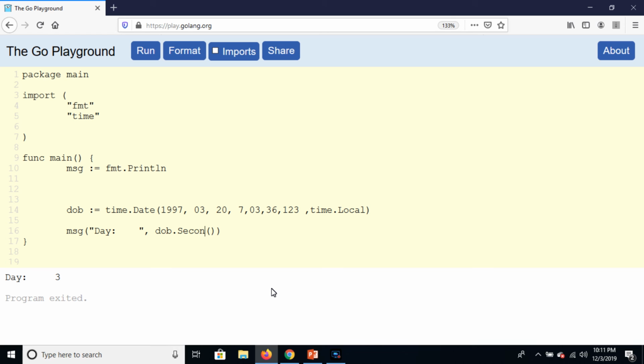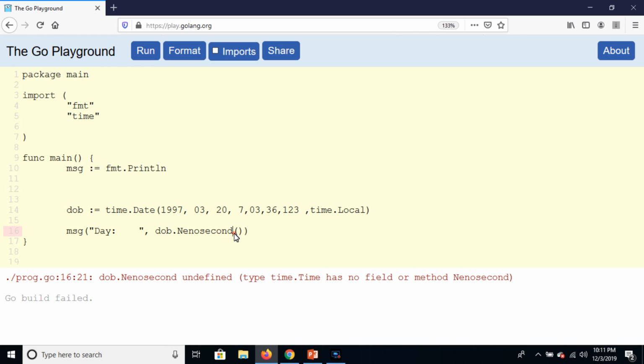And you can also print second, 36. You can also print nanoseconds, and like nanosecond,